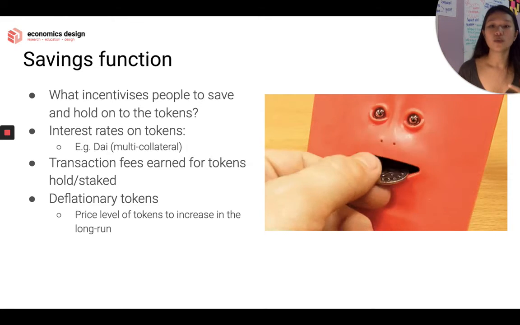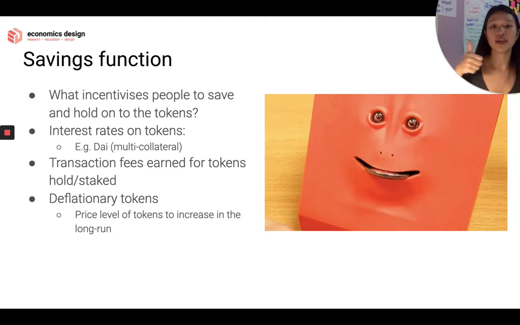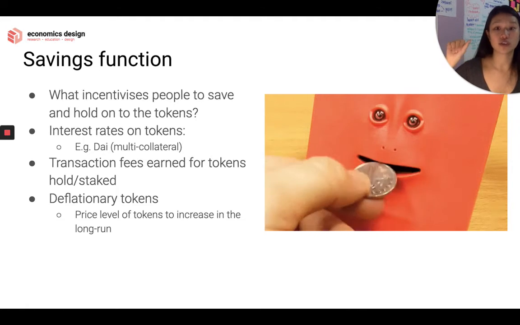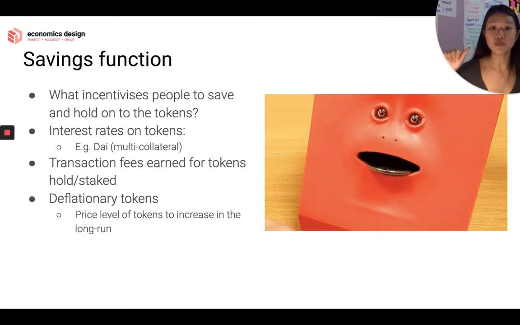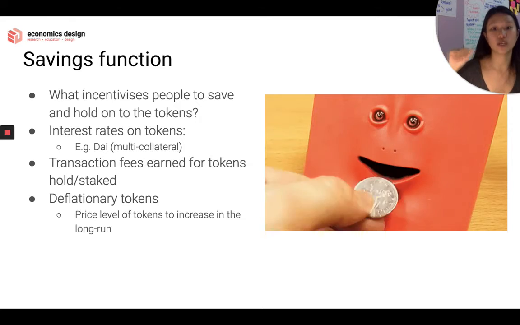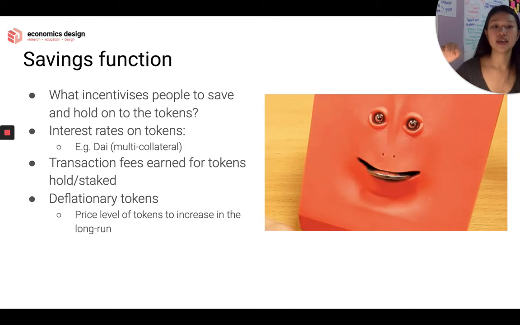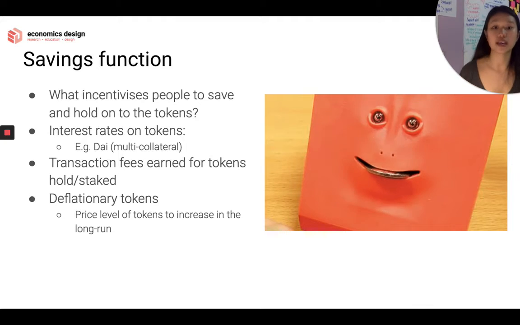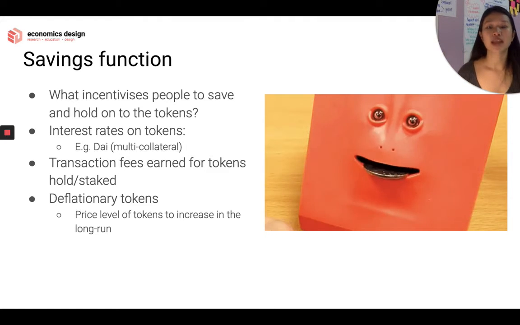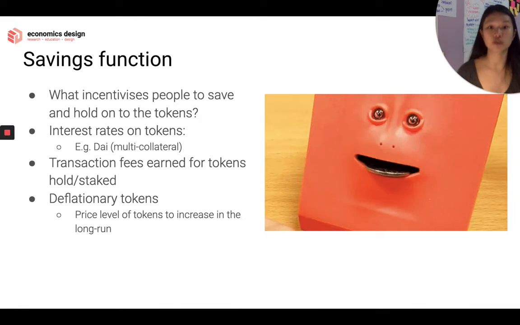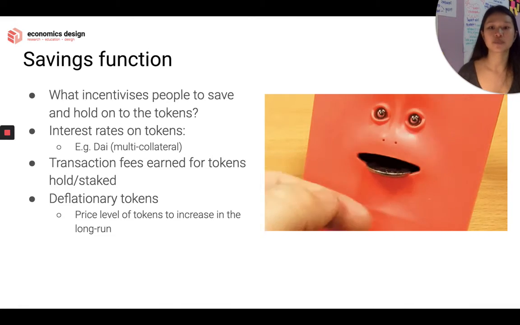So what are the methods to do that? The first one is interest rates. You can give interest rates on tokens. For example, in MakerDAO, you have a stablecoin called DAI that's relatively pegged to $1. The value of DAI comes from different on-chain collaterals, and the goal is to get collaterals of different crypto assets to hedge the risk. So for example,